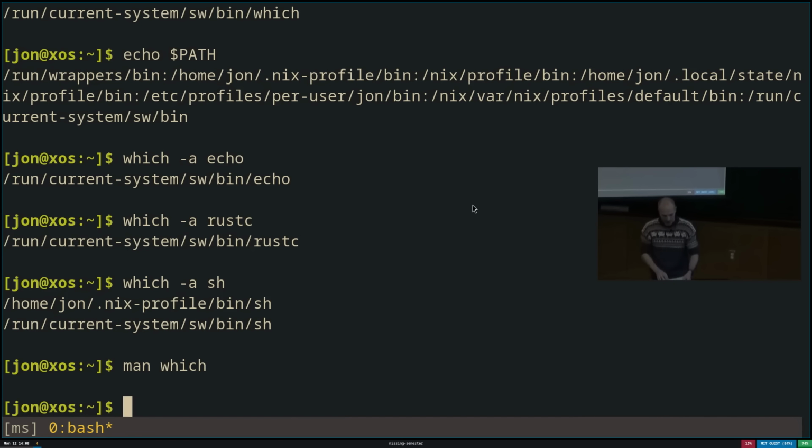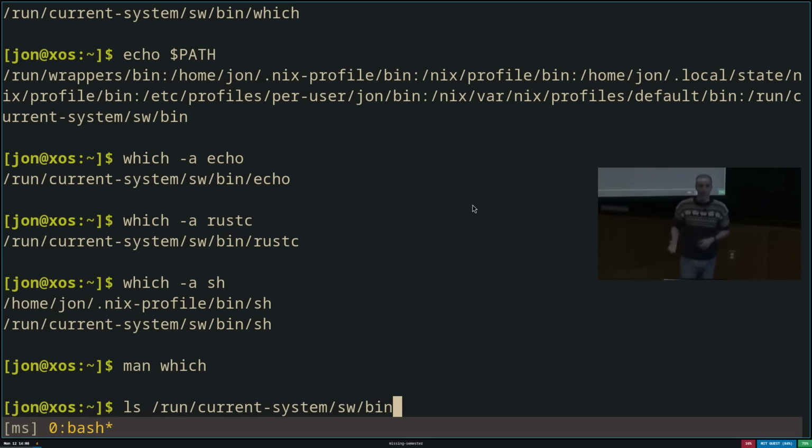And this also gives us a clue for how we can figure out what all of the programs we have are. You could walk through all the directories in your path and then just list the contents of all of them. And that is all of my programs. You might not know what all of them do, but you could find out by looking up the man pages and then explore. So if you really want to go through this process, in my case, for example, I could take this directory and do ls and this path.